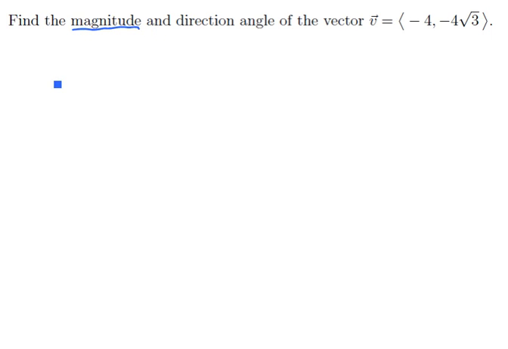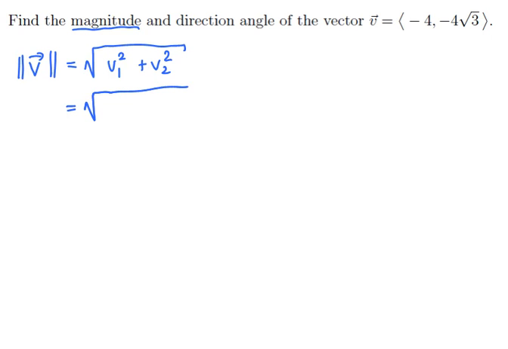The magnitude is easy. The magnitude of any vector, its length, is just the square root of the sum of its two components squared, so v1 squared plus v2 squared. In this case, that would be the square root of (-4) squared plus (-4 root 3) squared. So if we square those,